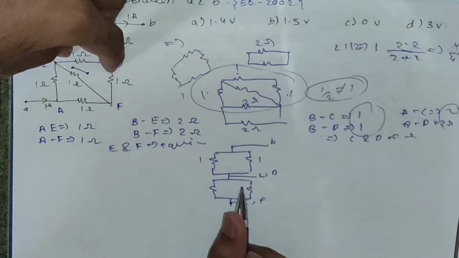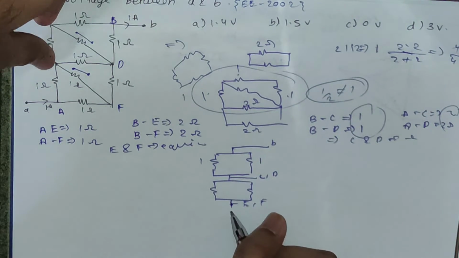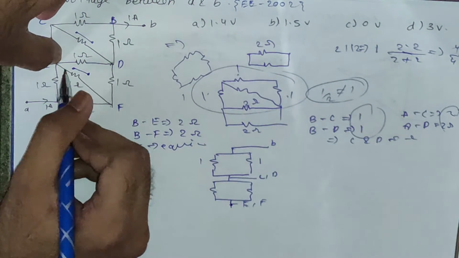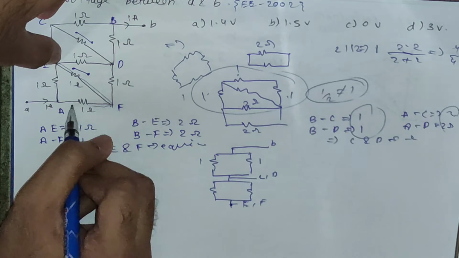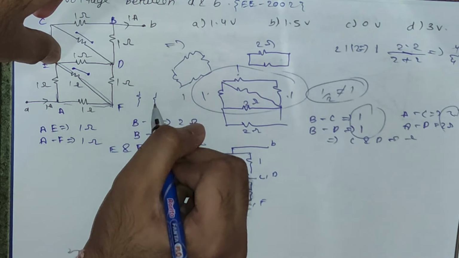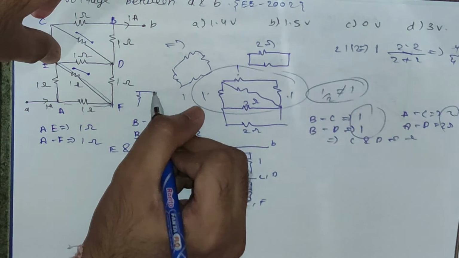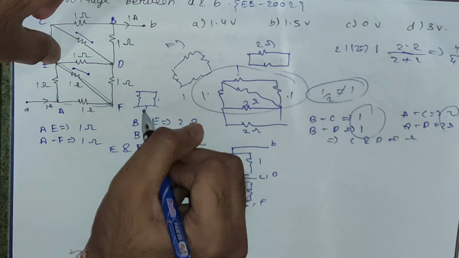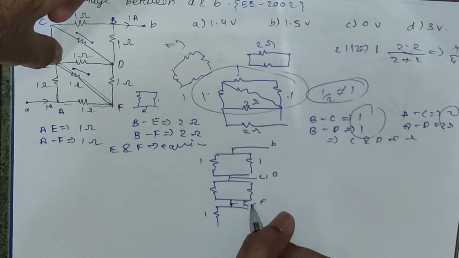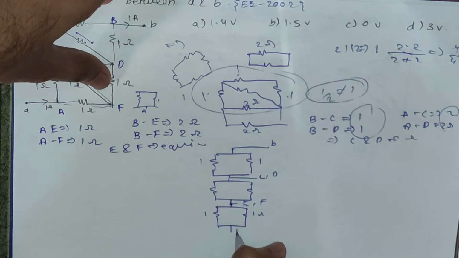Now we have drawn all these four resistances. Now we are remaining with only these three resistances. Now we are at this point. So you can see at this point we have one resistance here, and this is short circuited, and we have one resistance here. So from E we have one resistance, and from F we have 1 ohm resistance. Since we know E and F are at the same point, we can connect this end, and this end is already connected to A. So we can draw it like this. E to A is 1 ohm resistance. Similarly, F to A we have 1 ohm resistance. And this is your A point.